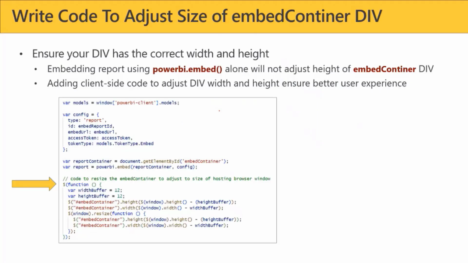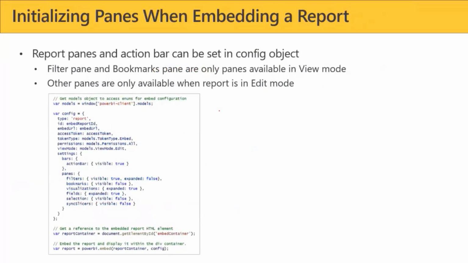I wanted to point out that there are a bunch of panes: filter, bookmarks. Filters and bookmarks are panes that can be shown and hidden while the user's in view mode. The other panes really only make sense once you take the user into edit mode. But you can make decisions about how the report gets brought up and which things are expanded,